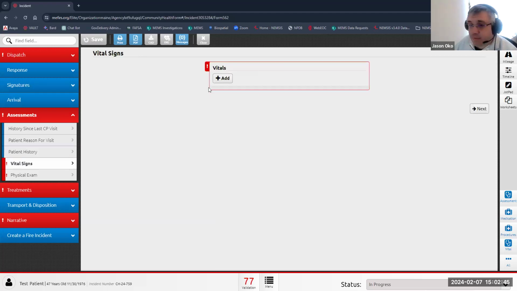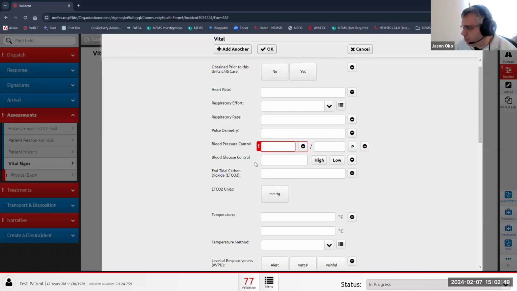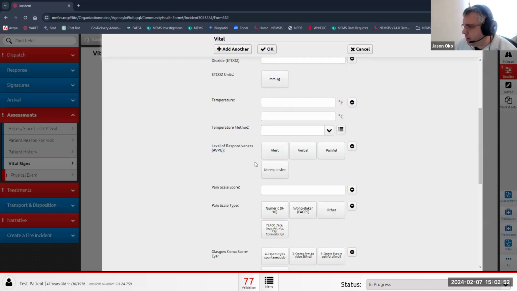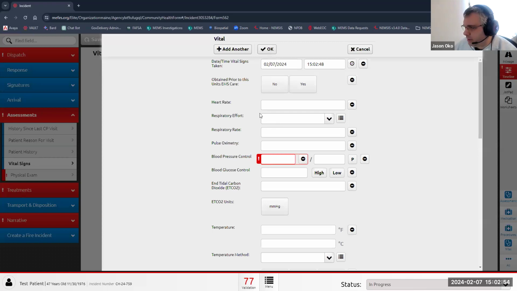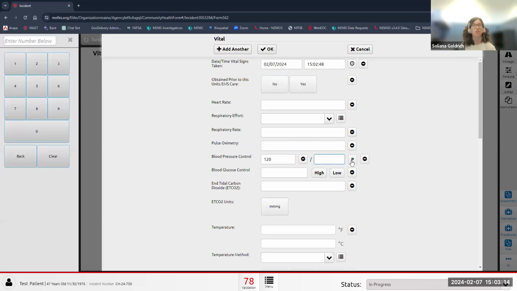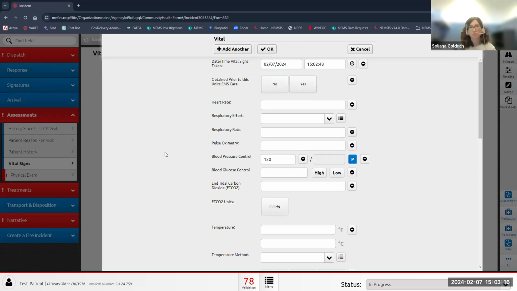Right. So vital signs. Do you remember what we listed as required? We have blood pressure required, and I think we're going to require heart rate, respiratory rate, and a temperature as well. Am I correct on that? Yeah, just sort of the basics. I mean, typically folks are doing all of this anyways. That way you just have a baseline for assessing, especially if you are going to go to a patient more than one time. You can tell, hey, their blood pressure is drastically different than last time. Yes, and